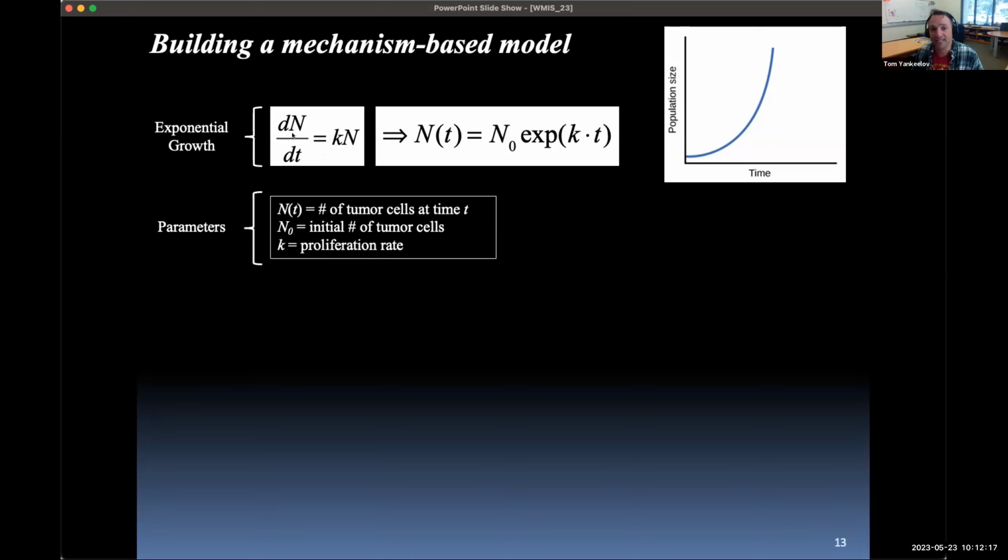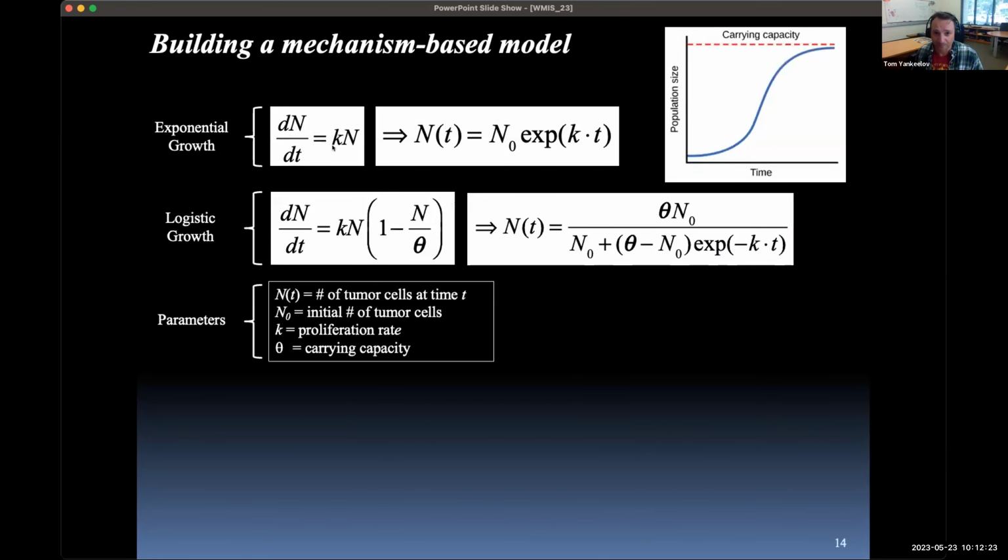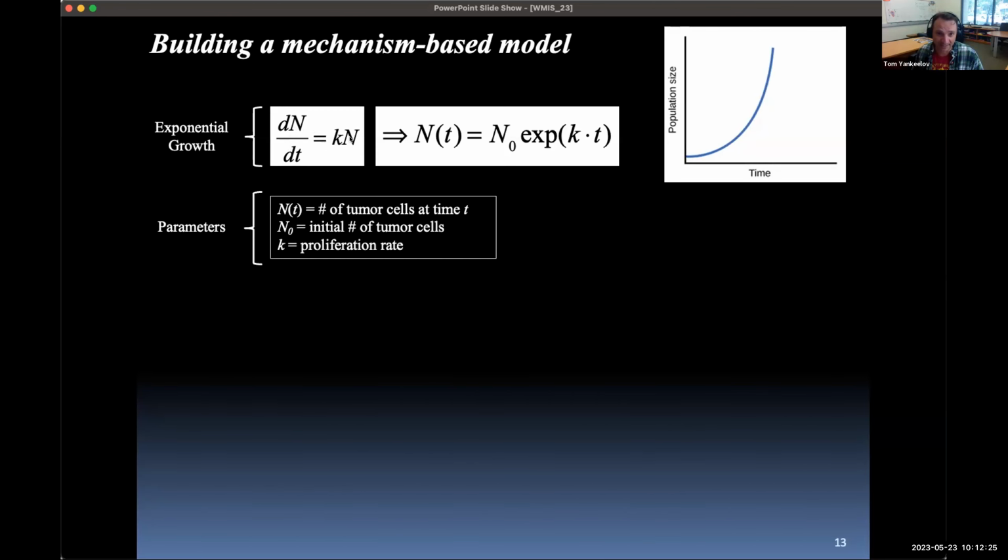So n is the number of tumor cells at time t, and dn by dt, of course, is the rate of change of n, and it's equal to the number of tumor cells that happen to exist at that time times the rate at which they're proliferating. And you separate the variables, you can solve this in your sleep. And as time goes on, you get exponential growth. So this is what you see for cells in a petri dish at an early time point with plenty of glucose, or even at early time points for cells injected into the back of a mouse.